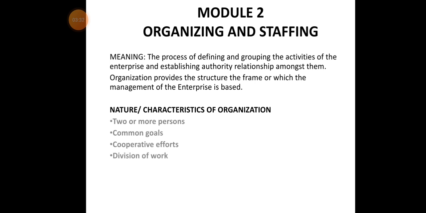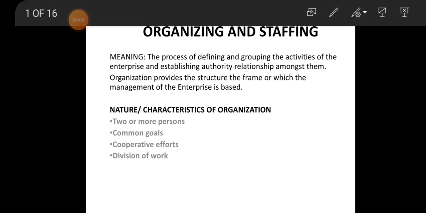Next is division of work. In an organization, the most important responsibility is to divide the work according to their education and their experience. For example, in all colleges, the principal should have a PhD degree, only then can they be a principal. Similarly, all the teachers should have a master's degree, only then can they teach in an engineering college. According to our qualification and experience, the work is assigned to us. That is the division of work.